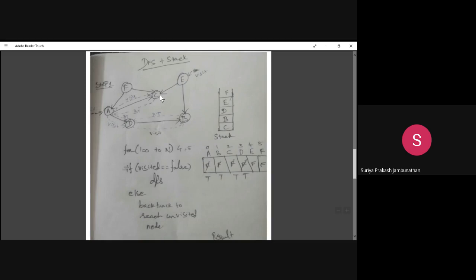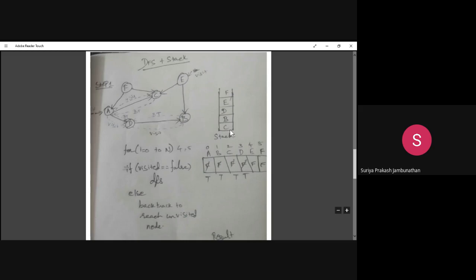So in this case, we have to do backtracking. Backtracking means we go back to the node we came from. We do backtracking here, where you see the dot symbol, BT, and we reach A again. When you do backtracking, the node we visited has to be removed and put in the stack. So we are putting C here.